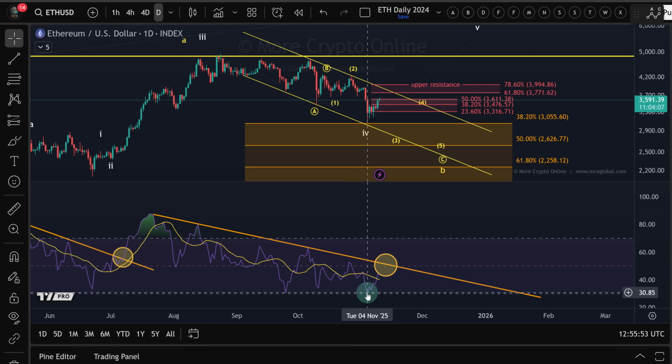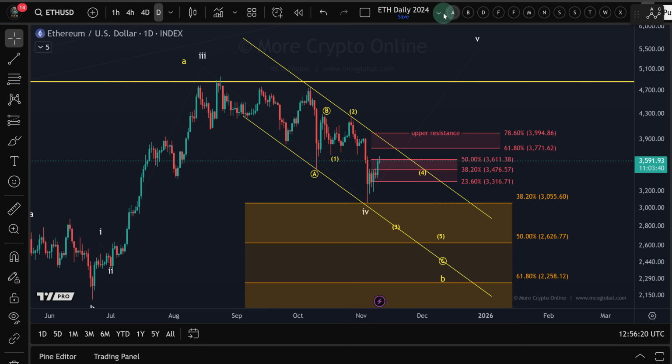What I'm watching for now is this descending trend line. We have 3 touch points on this daily RSI trend line. It probably doesn't fully align with this trend line on our price chart, yeah. But still, once we get a decisive break above this trend line on the daily RSI, which is coming in around 52 right now, I think that would be a really good breakout signal for higher prices, possibly even for a rally to all-time highs. That's something to keep in mind.